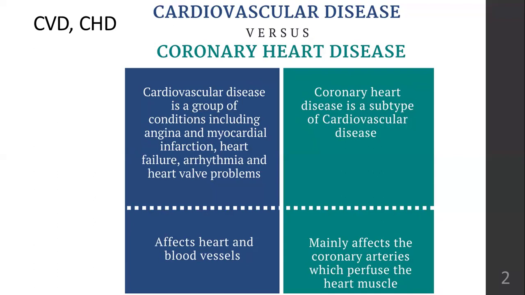Coronary heart disease means what? There is a specific blood vessel that provides blood supply to the heart. This blood vessel is the coronary artery. It's an artery that provides blood supply to the heart. The heart pumps blood to every part of the body, but the heart also requires blood supply to stay alive. This blood supply comes from the coronary artery. So any blockages or disturbances in this specific artery is called coronary heart disease.